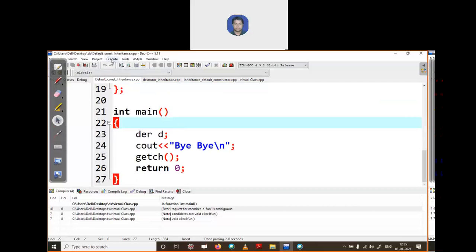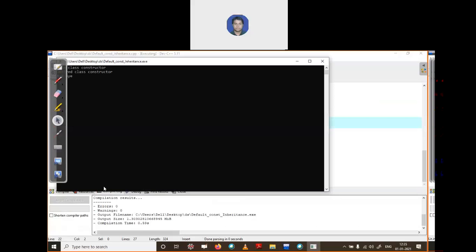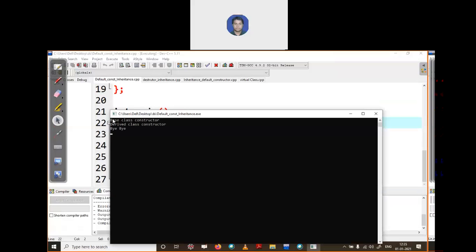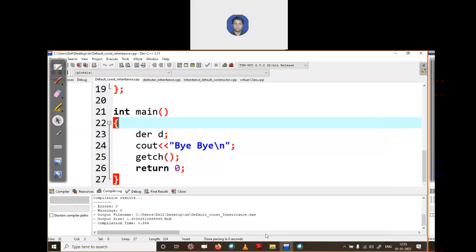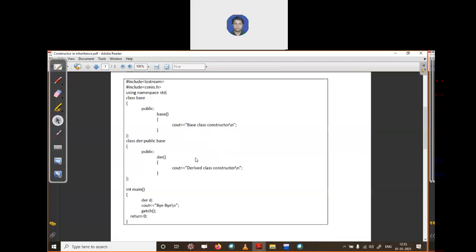Let's compile and run this code. There's no error, no warning, and it runs. Now you can see it's printing the base class constructor first, then the derived class constructor, and last the message is printed as yy.